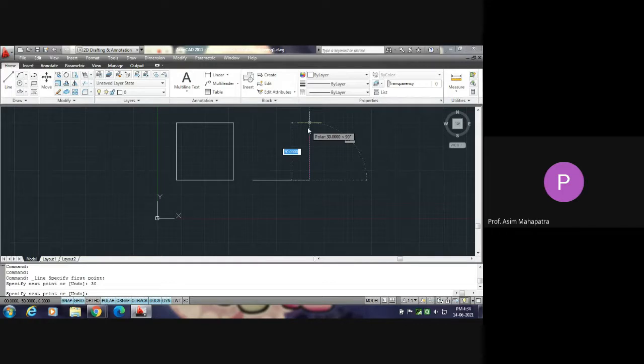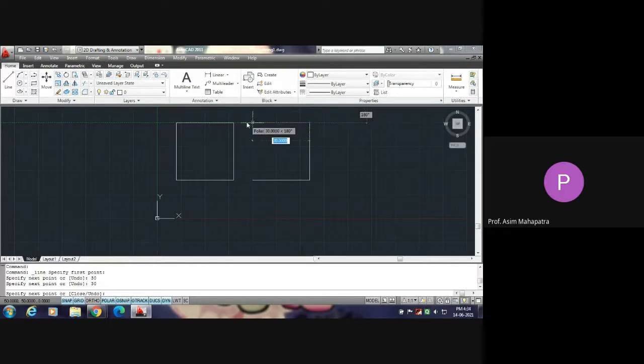Now the cursor is in vertical position. At this position you again type 30 and then click enter. The line will be vertical. Probably you have noticed that I have not mentioned the y unit or angle of the line. The angle of the line is taken as per the orientation of the cursor.